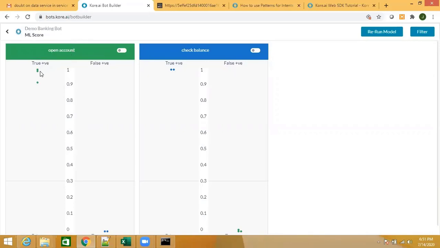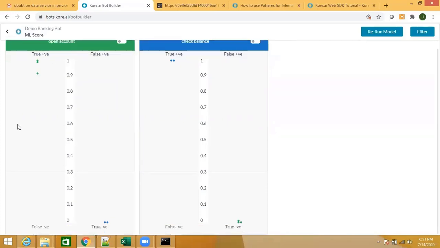If you hover your mouse on any of these, you will see these are the three utterances with which I have trained this particular intent, so they are mapped in the true positive quadrant. Diagonally opposite, you have the true negative quadrant, which shows you all the utterances which are trained for other intents and are correctly not identifying this intent.